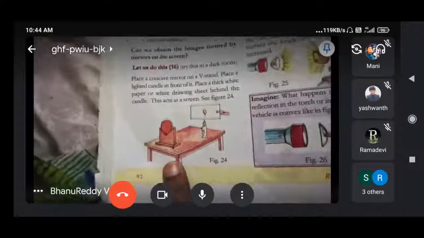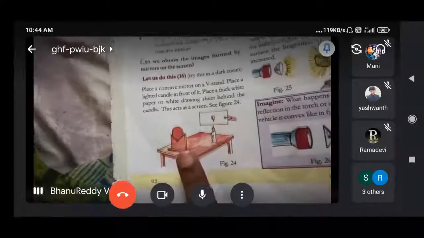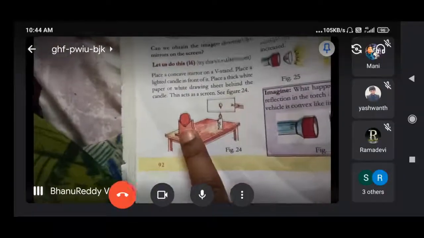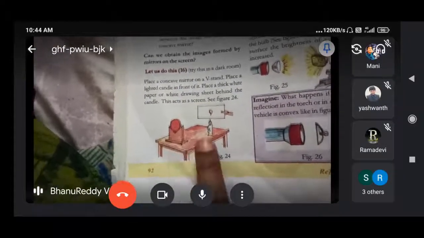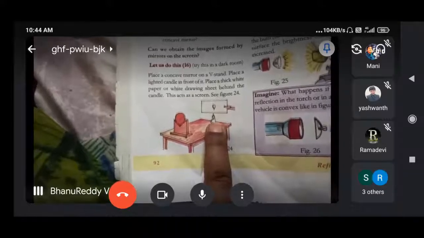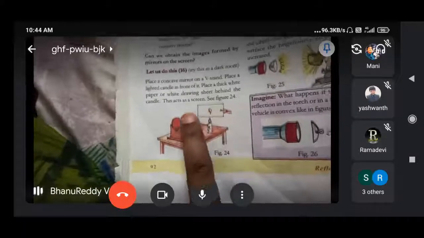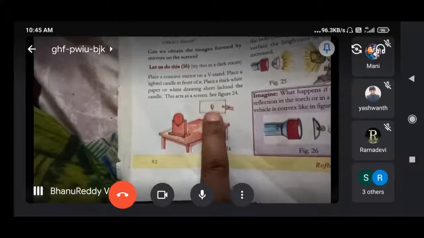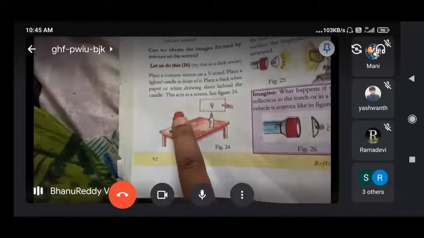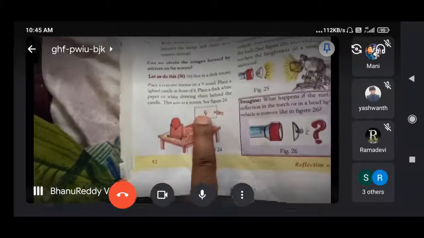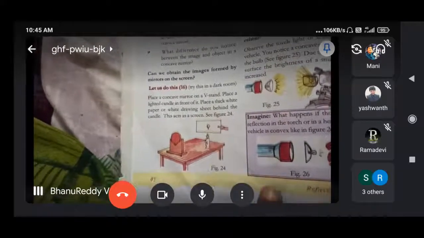So this you have to understand. Here see, here the candle is placed, here the mirror is placed. Here the image is formed again, so what is the mirror? This is concave, only concave will form like this. Here we placed the candle and the light reflected from here reflects back to the screen. So until it reflects, the image forms inside. After this reflection we cannot see the image inside the mirror, we can only see the image on the screen, whichever screen we are placing, and a reversed image will form due to that.